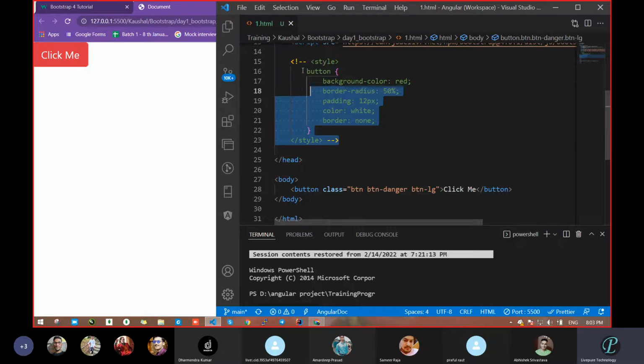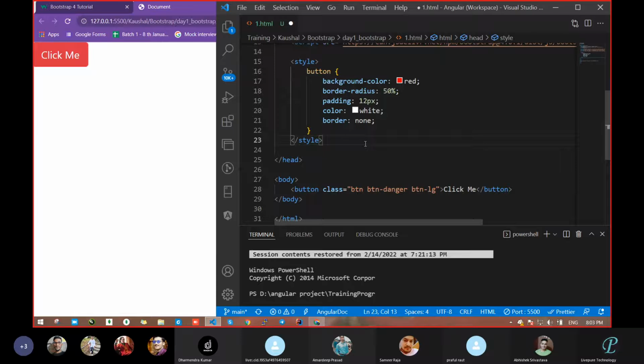Otherwise, we have to write this class, all the things, then only. It saved our time. Second, line of execution. Everybody told that it is going to save our time, means it is going to be fast. Execution time will be reduced. How does it reduce the execution time? It was 5 lines of code. They have to execute one by one. Correct or not? Then only this HTML will also be reduced.